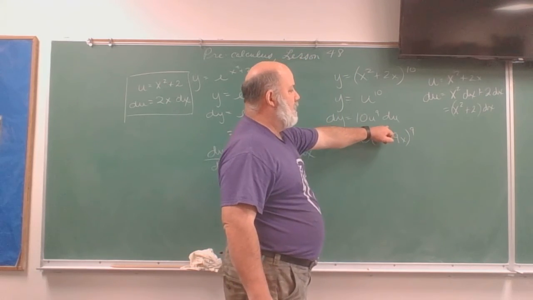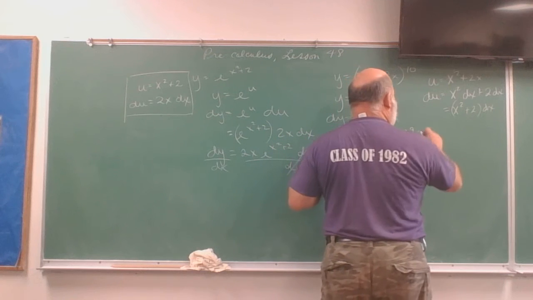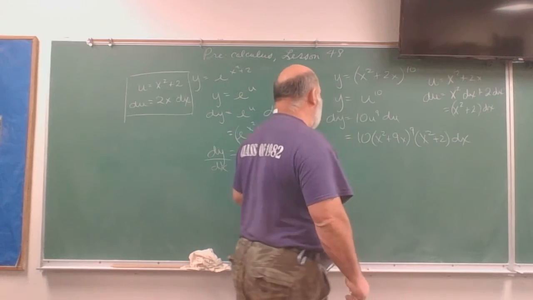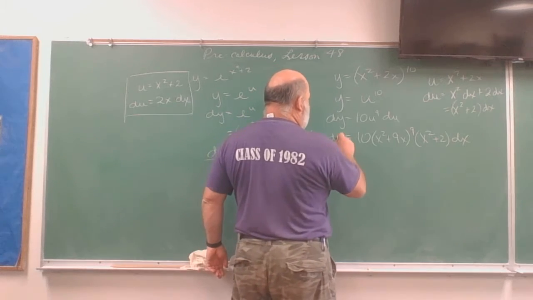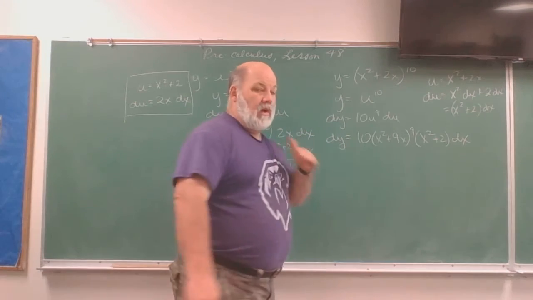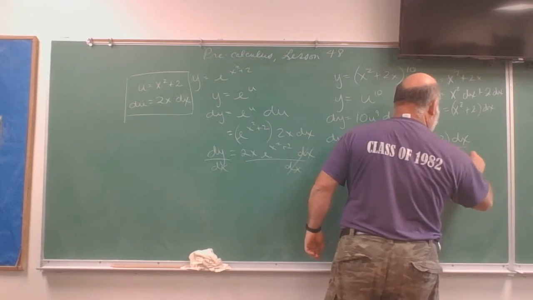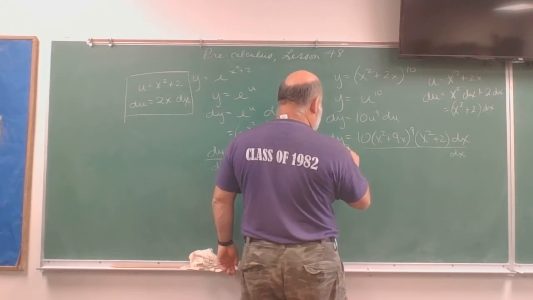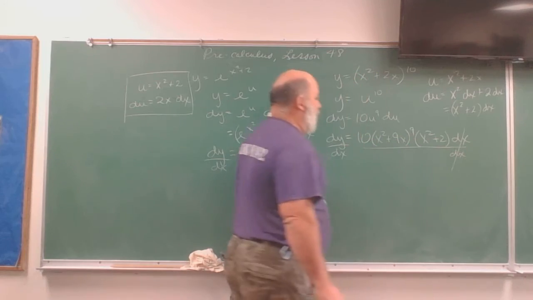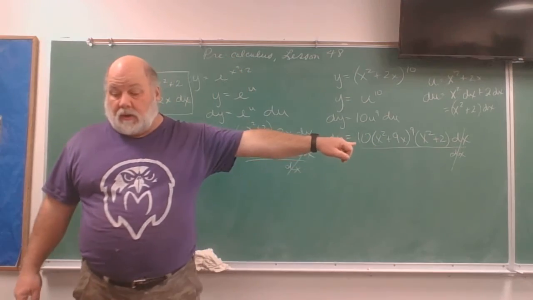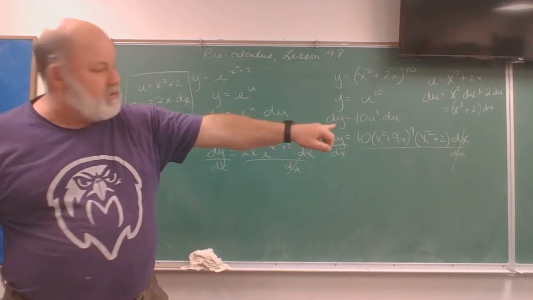What is du? It is 2x plus 2 dx. Because they asked for y prime, and y prime is dy over dx, they divide by dx, and there it is. 10 times the quantity x squared plus 2x